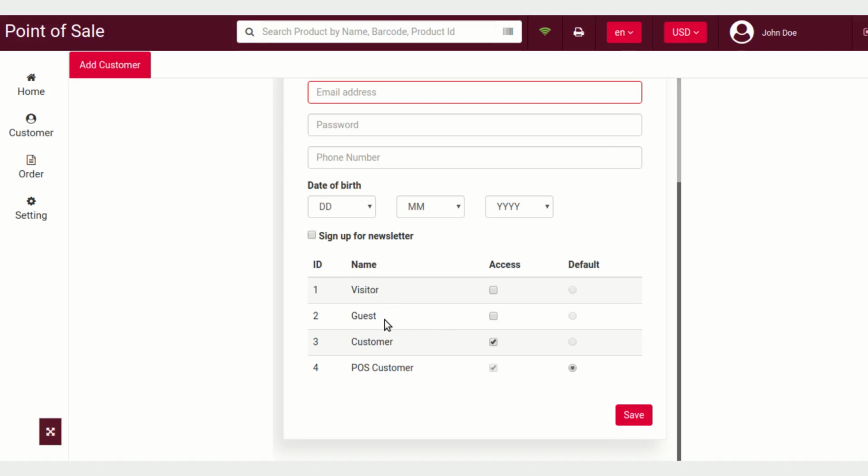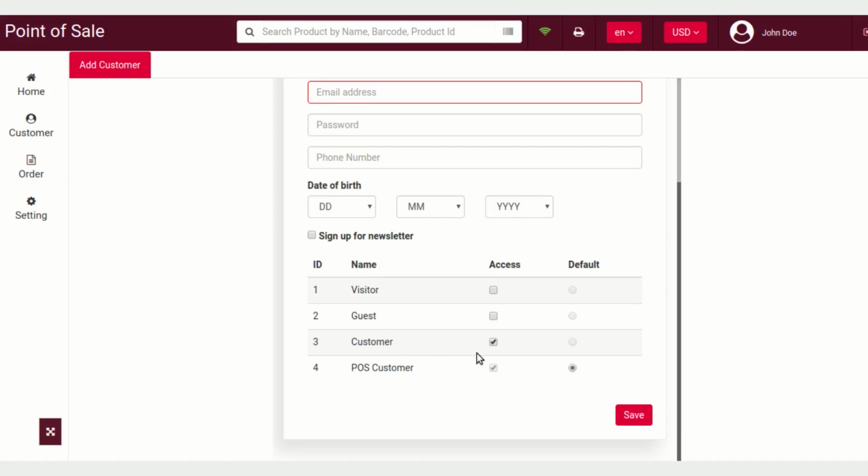As I mentioned earlier, in the configuration settings this option was available, whether you want to allow the employees of a POS to choose a group selection for the customer while creating a new customer or not. So the option was about this only.